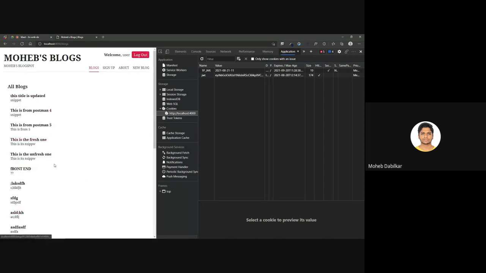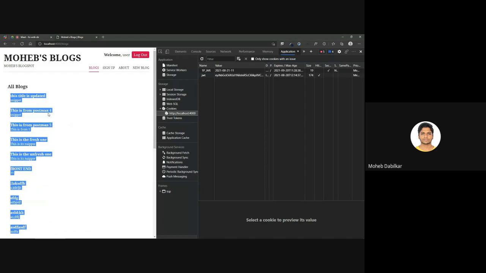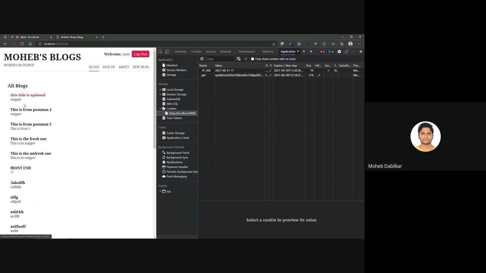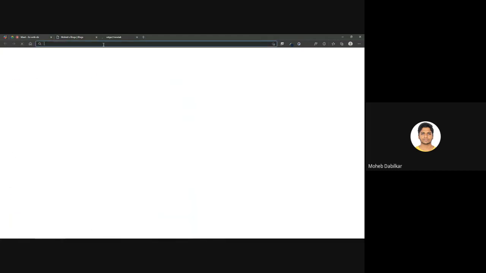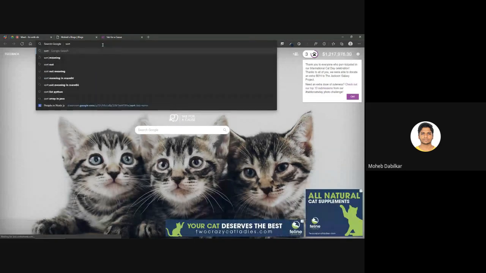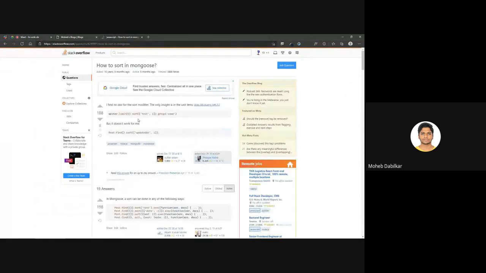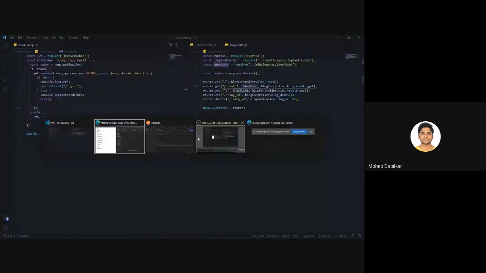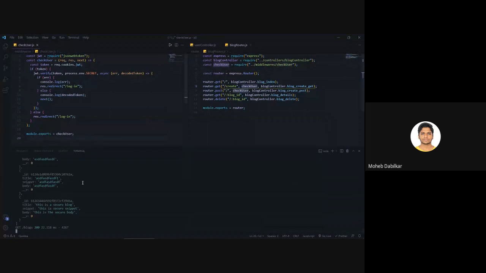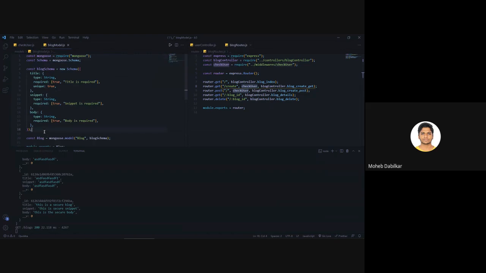Now you see, whenever we are submitting this, it is showing the oldest first and then the latest one last. So I would like to sort it. How do we do that? Sort in Mongoose. We have this updated at. So let's go to our server again, and we don't have our updated at on the blog. The way you do that is, if we go to the blog model, you need to pass in